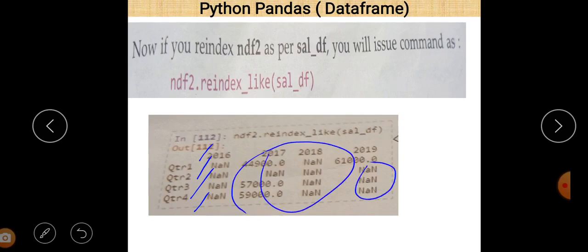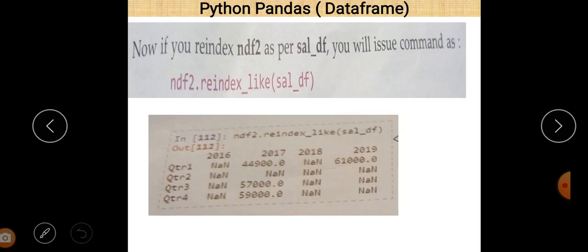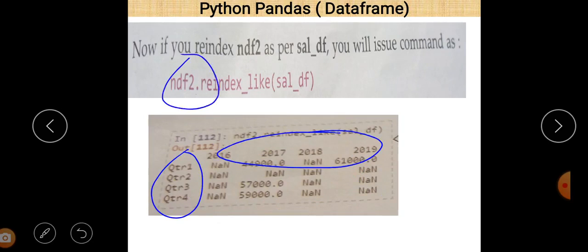Okay, so when we want to convert the NDF2 data frame to SALDF, all the column names and index names of SALDF are there, and regarding that, the data of NDF2 will be filled in this data frame. Some of them are found, some of them are not found.